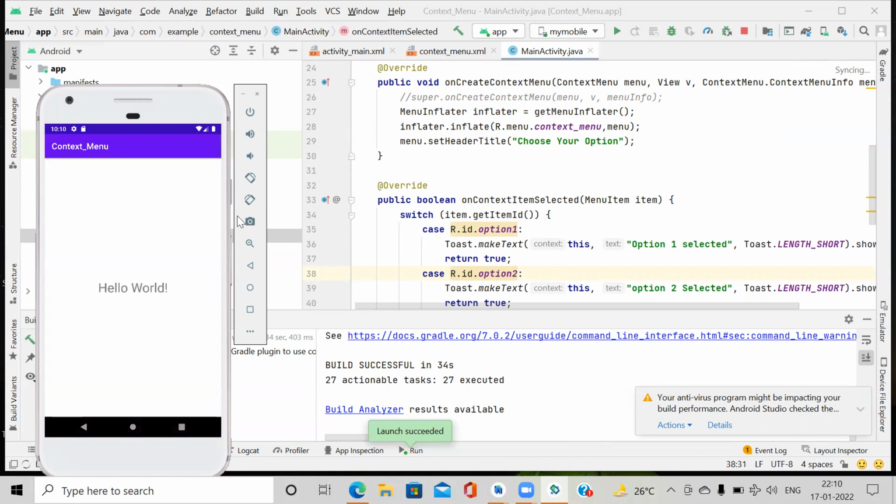Yes, here we get the output, Hello World, and when we click on it,